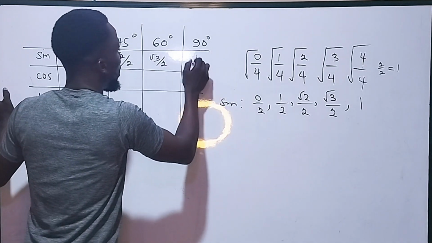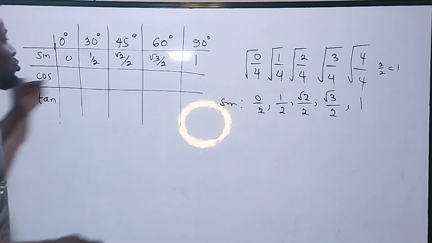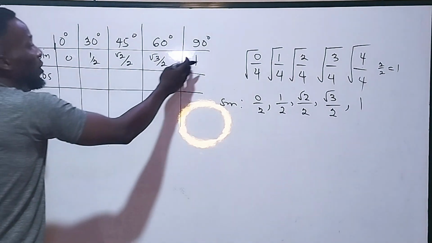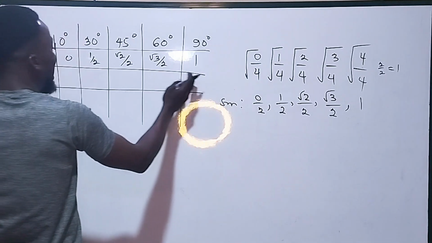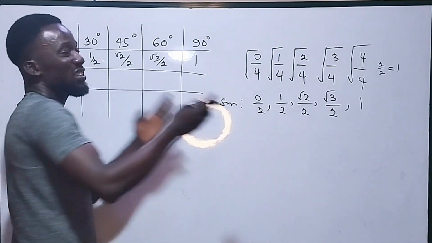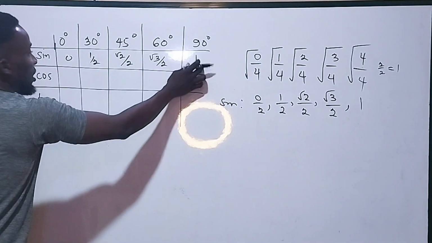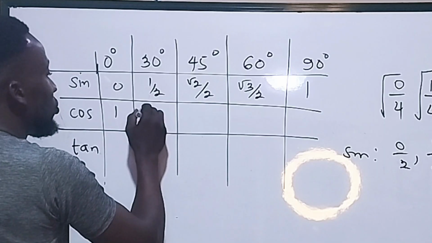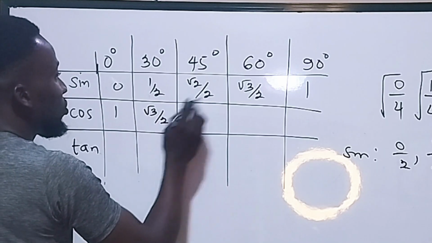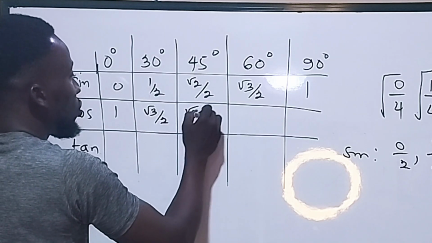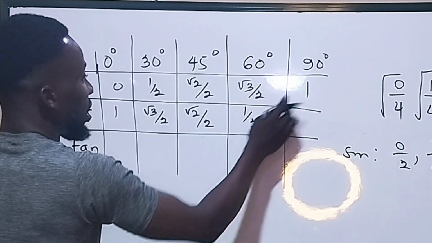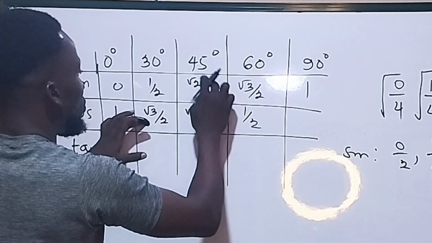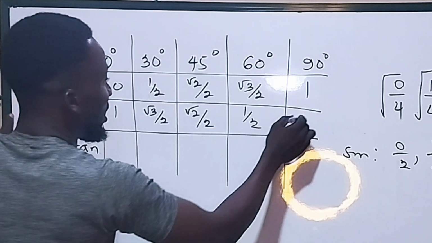Finally, I'll write 1. What I'm going to do next to get this cos is that I will imagine these values as a mirror value. So I will write everything here, but I'll be writing it from the back. So what I mean is I'll start from here. 1, root 3 over 2. What do we have next? Root 2 over 2. Then what do we have next? We have 1 over 2. You can see 1, root 3 over 2, root 2 over 2, 1 over 2, and the last one is